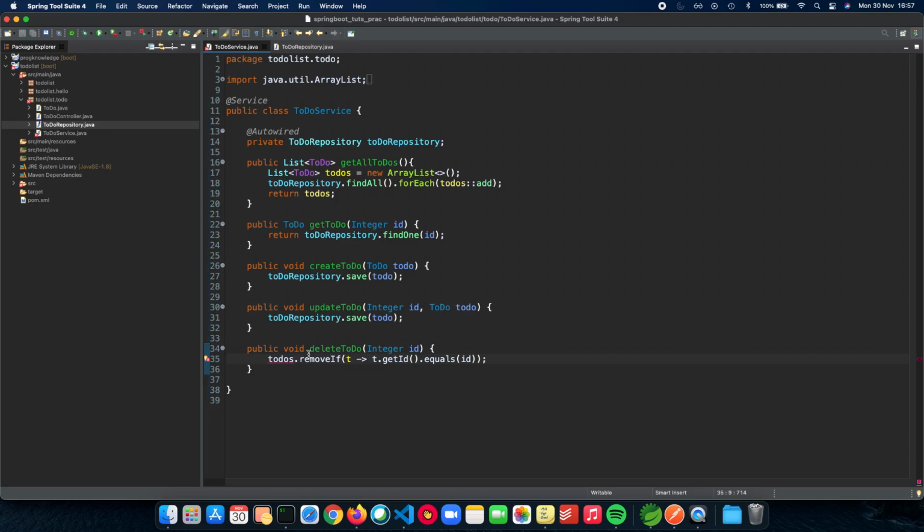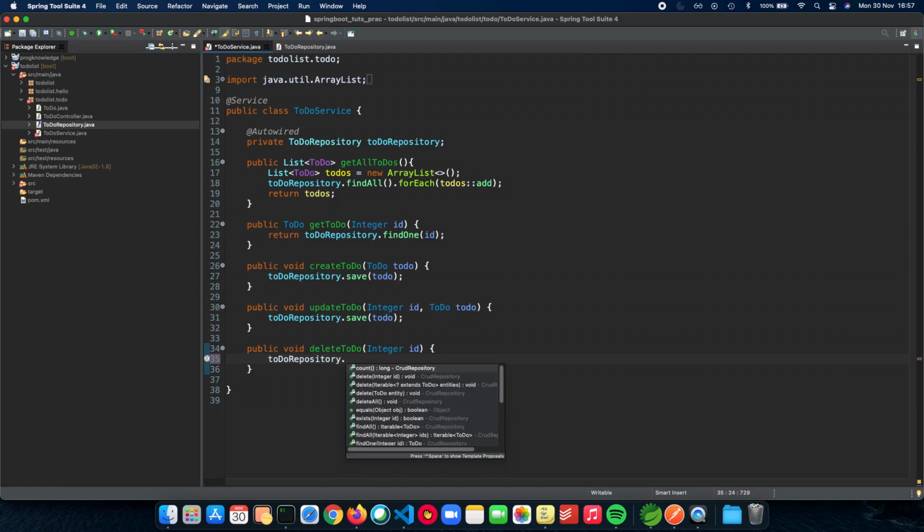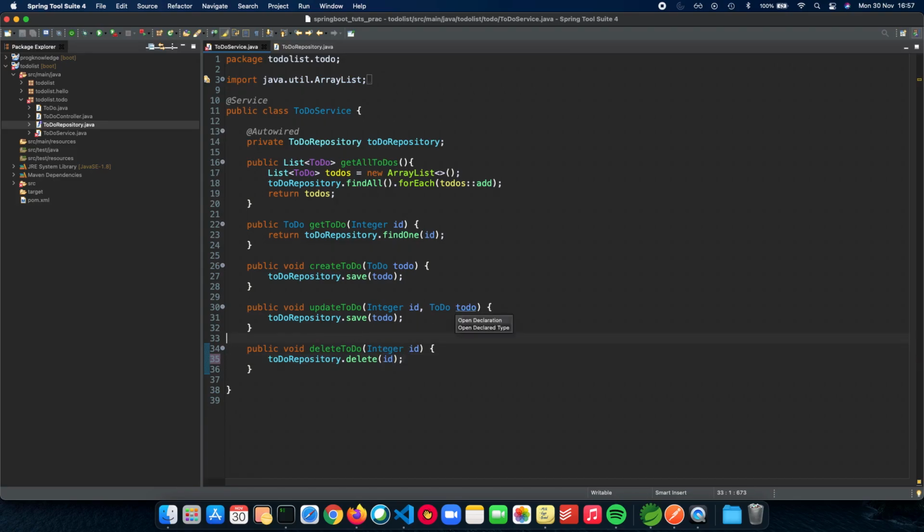The next thing which we have is delete. So again, pretty similar. ToDo repository dot delete and delete by ID. And that's it. So that's all we had to do to actually use the ToDo repository and change the implementation so that this is being stored in a database and not an ArrayList like we did before. So just to reiterate on the changes which we made for the database,